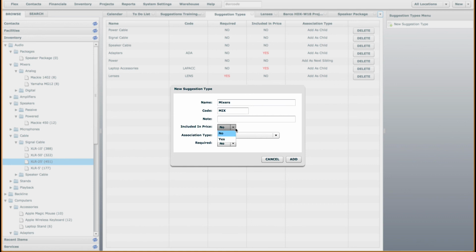And let's say for the sake of this example as well, we will include it in the price because it's going to be part of the package. It will add as a child because it's a package. And it will have to be required. And in fact, let's change this to